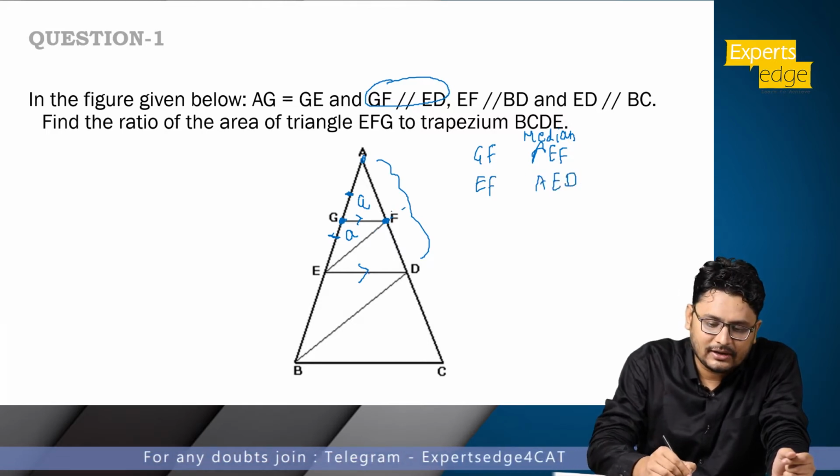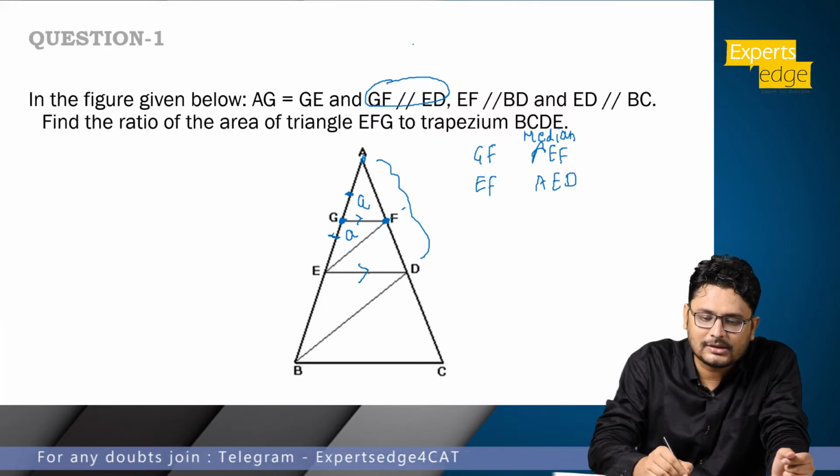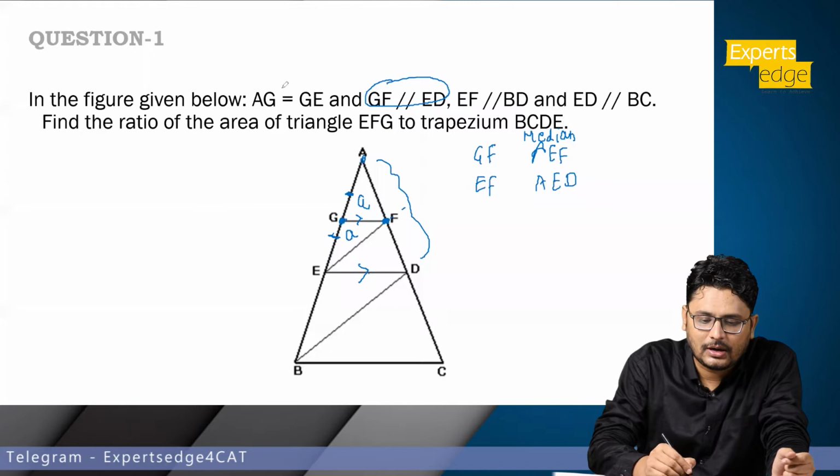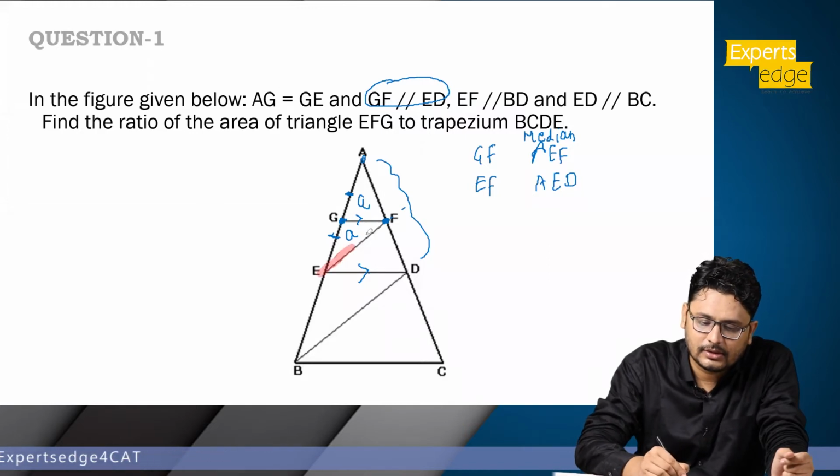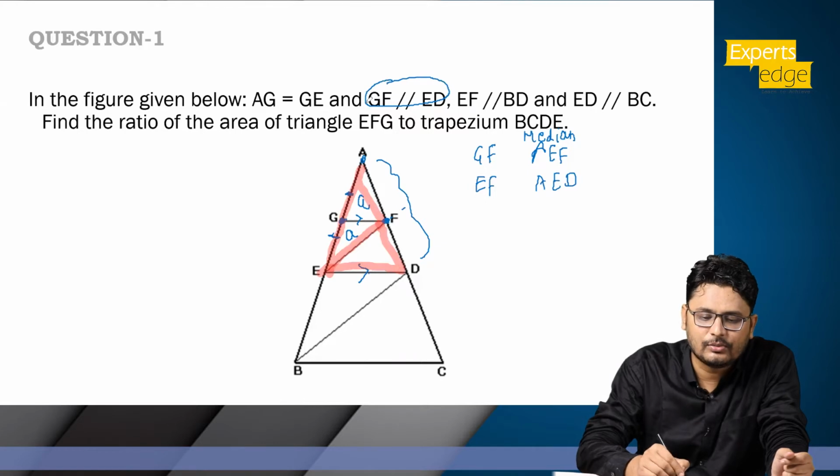So if my EF is median and this much part is how much? Just let me take a different color. This much part is 2A, right? So if half of the triangle is 2A, the second half also has to be 2A, right? So this particular figure will be nothing but 2A. Okay? So I hope this point is clear. Now